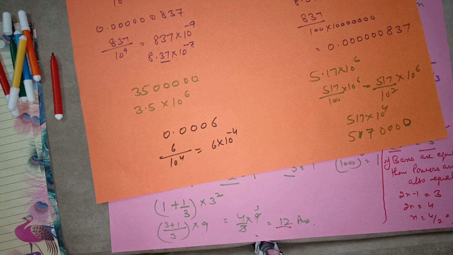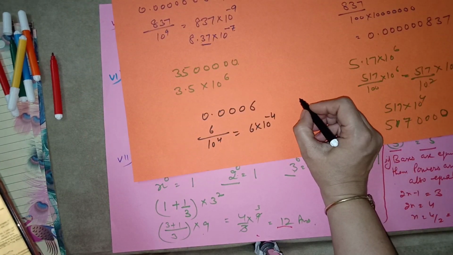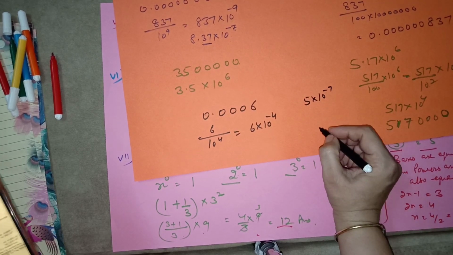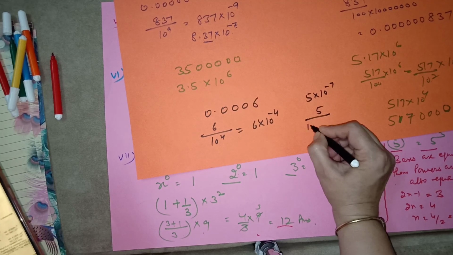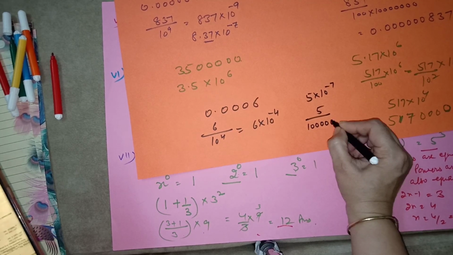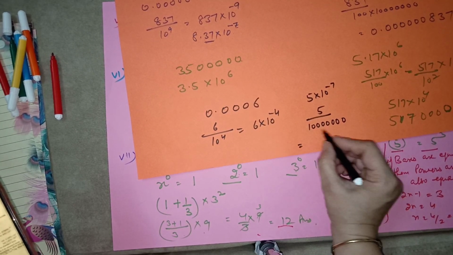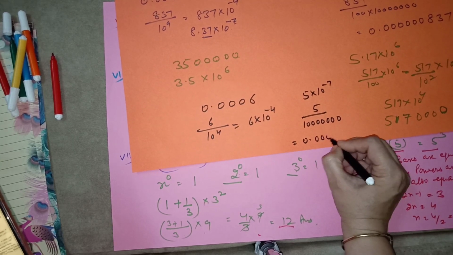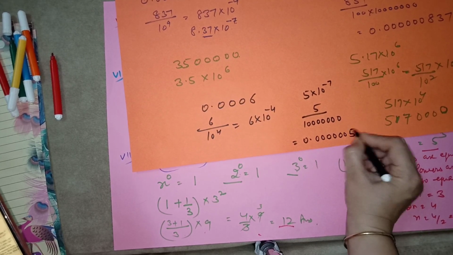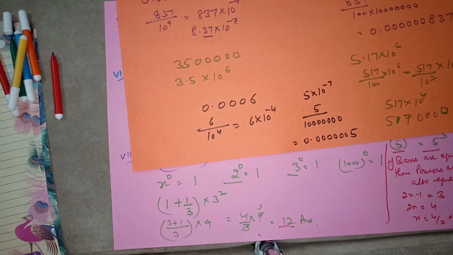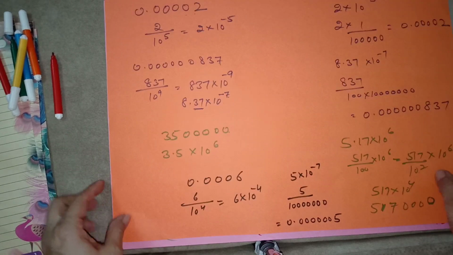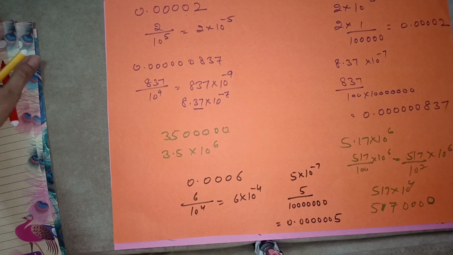One more, if you want to write in the usual form: 5 multiplied 10 is to power minus 7. 5, 1 2 3 4 5 6 7. It can be written after decimal 7 digits should be there. 1 2 3 4 5 6, and this one is 7. Easy. 2.B, all questions are related to these types, how to write in the usual form and how to write in the standard form.